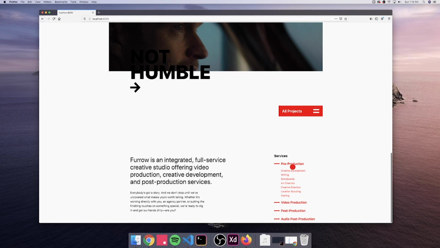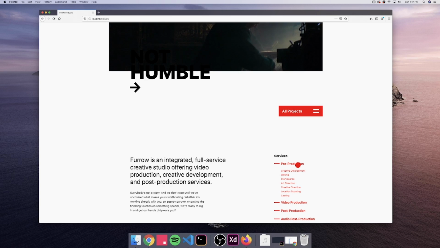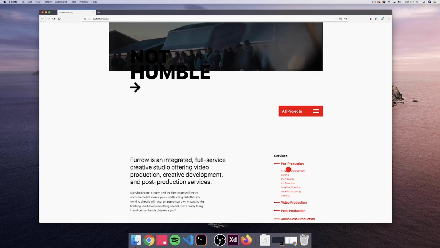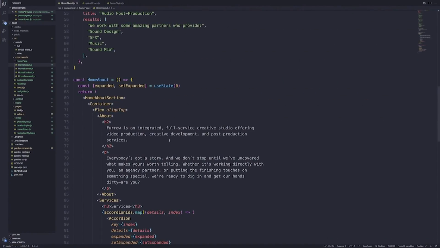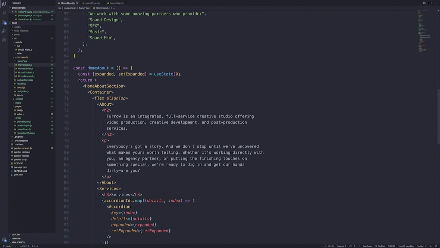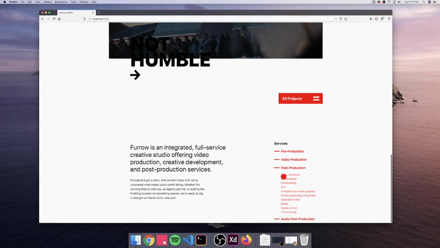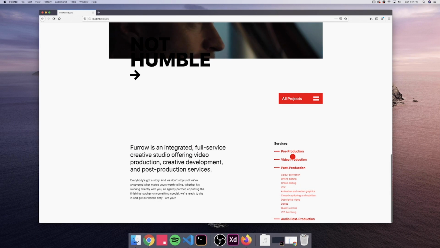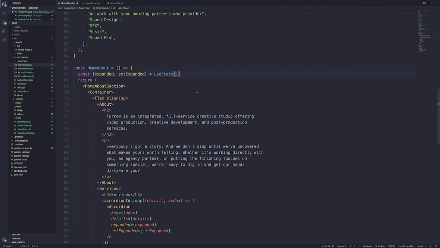So you could see now that only pre-production is open because expanded, that state that we had, is set to 0 and it matches the pre-production ID, which is 0. If I want to open, for example, the post-production, I'm going to have to switch this expanded to a 2, and this will open up post-production and close pre-production. If I want to do the same for video production, I'll just switch it to a 1, and also pay